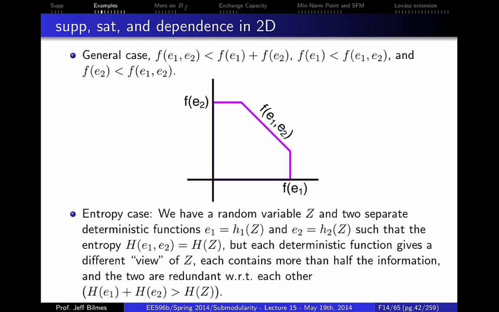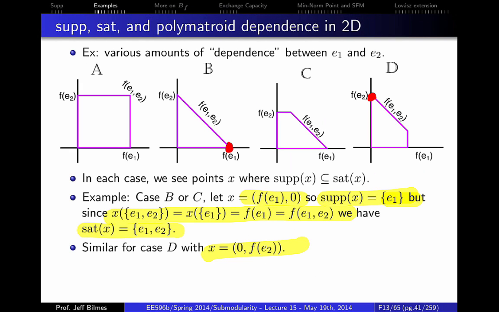Okay, so now here's the most general case, right? The most general case is basically saying that f of E1, E2 is strictly less than f of E1 plus f of E2, right? So that basically means that it's not additive at E1 and E2. In other words, the two things are not independent. But we had that inequality even here, like in case C and case D, we still have